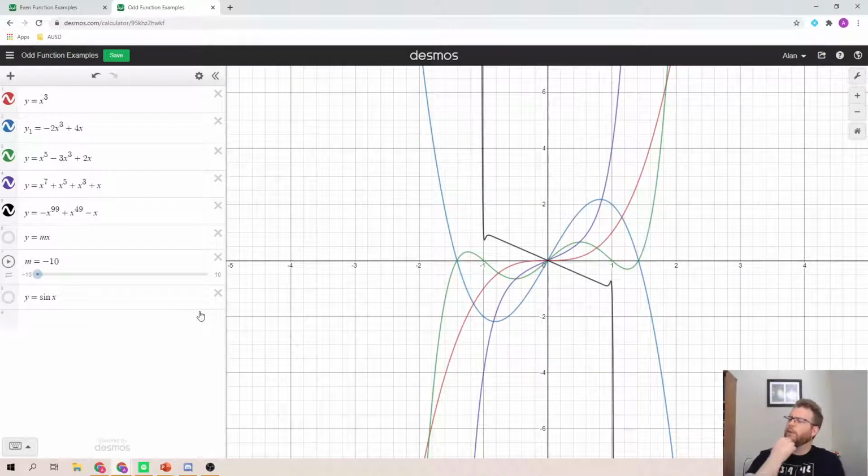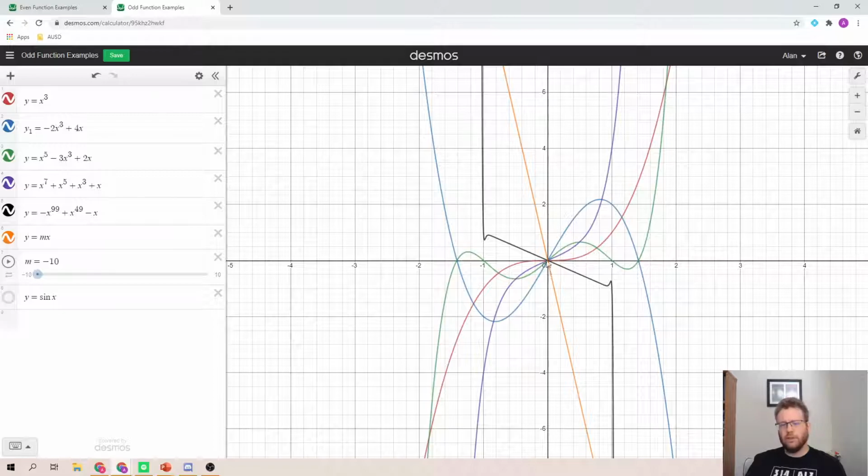They don't seem to reflect over the y-axis, and if you actually look up and down, they pretty clearly don't reflect over the x-axis either. So if there's supposed to be a symmetry, well, what is it? Well, I'm going to put in an extra curve here. I'm going to go ahead and put in y equals mx, just a very simple line that goes through